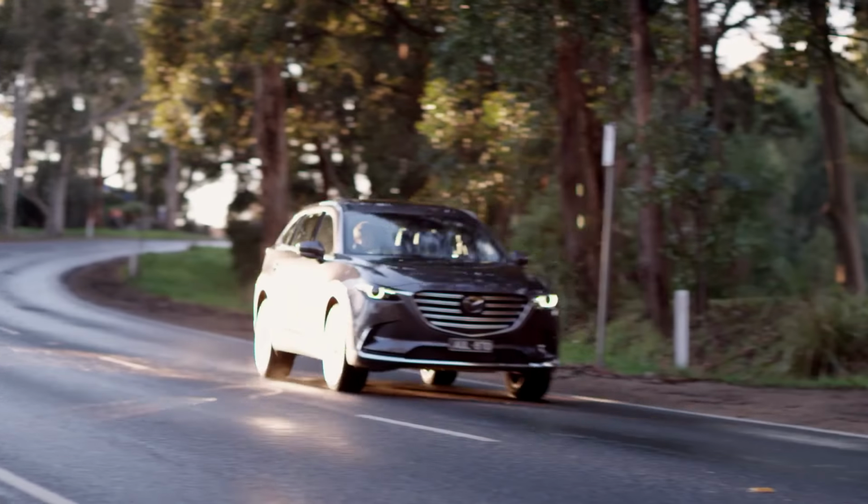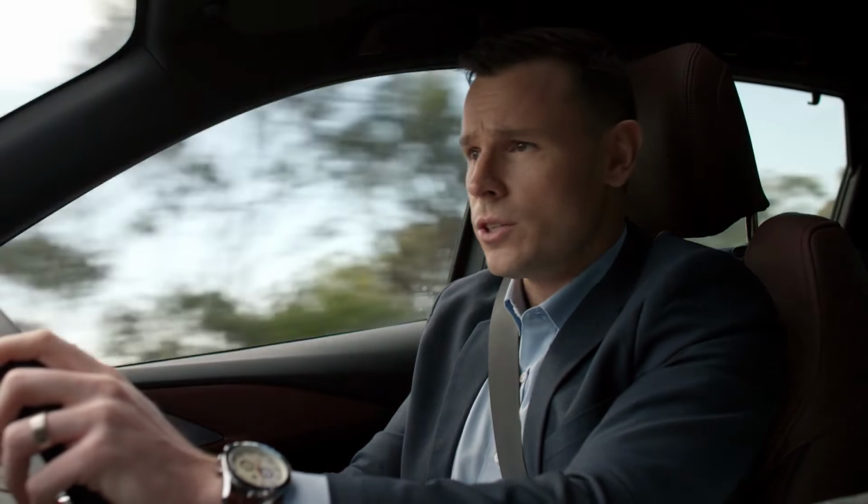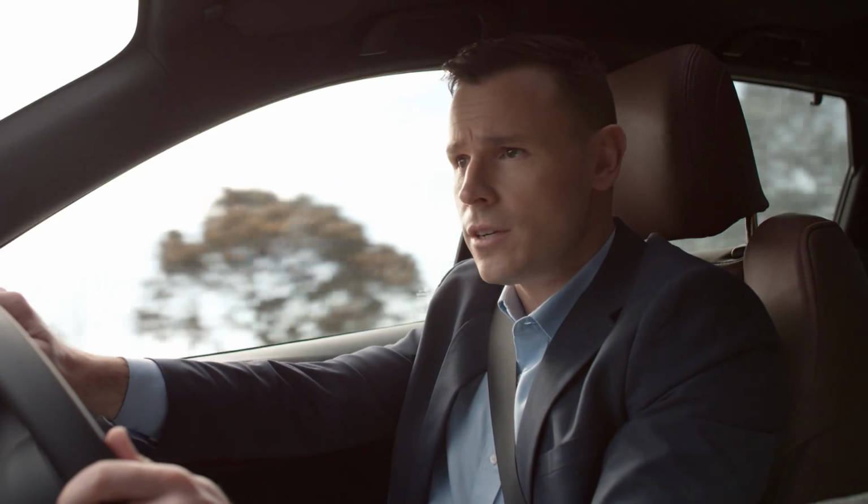On the road, the new CX-9 is equipped with the full suite of Mazda's iActive Sense safety technologies, including lane keep assist and traffic sign recognition, which shows